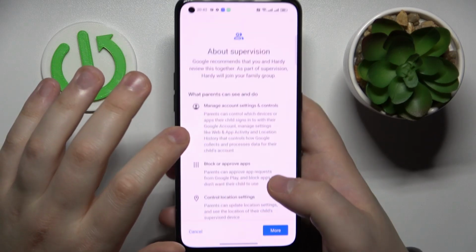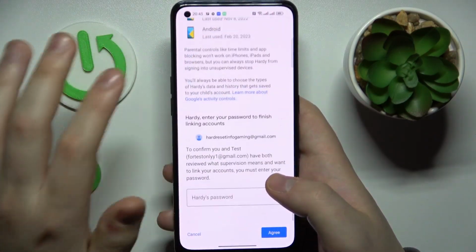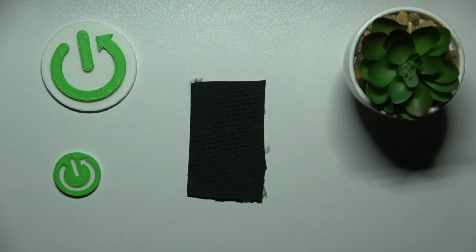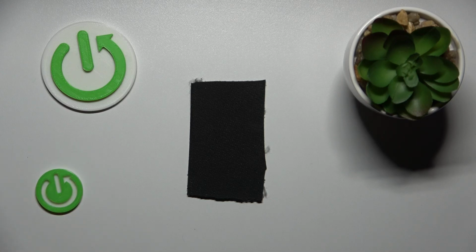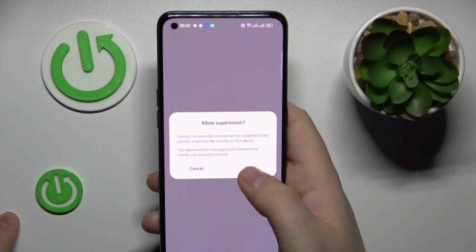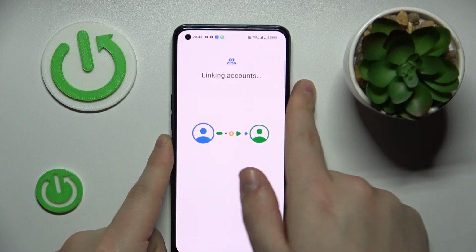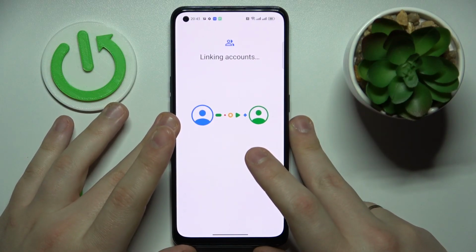In here, once the accounts get checked, we'll have to enter the child's password once again in order to confirm the linking procedure between child and parent's Google account. So enter password, click at the agree button, then at this following pop-up window go for the allow option, wait for those accounts to get linked,